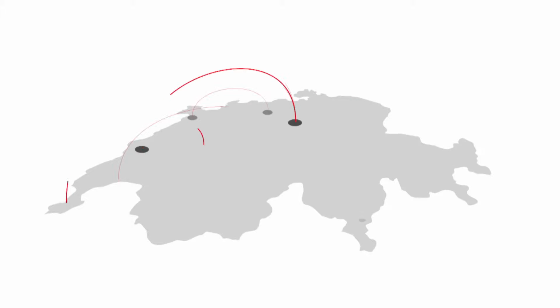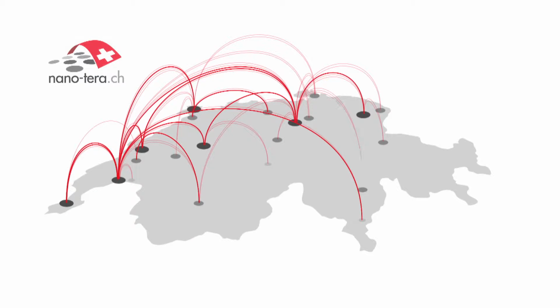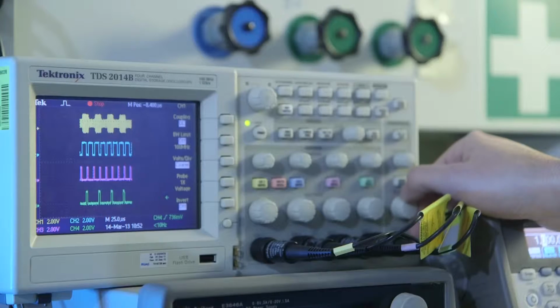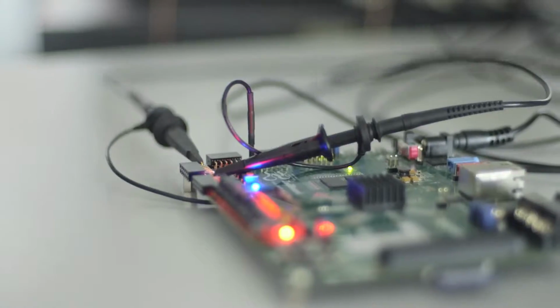And all this requires a very cohesive approach where several labs work together to achieve the common objective. A global solution is achieved by orchestrating the various components into systems. This 9-year program, which began in 2008, is now entering its 2nd phase and continues to build on previous achievements